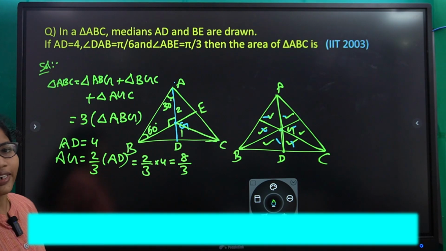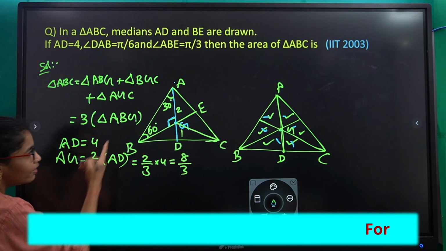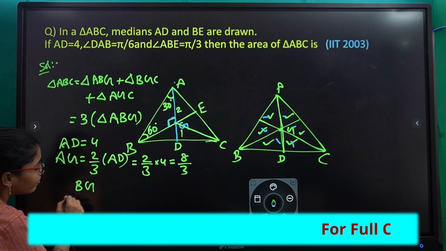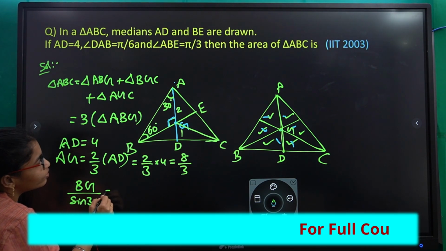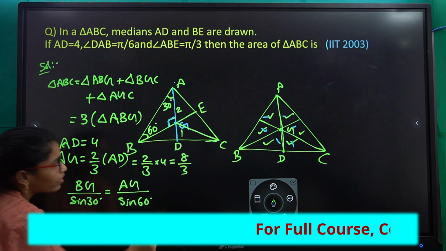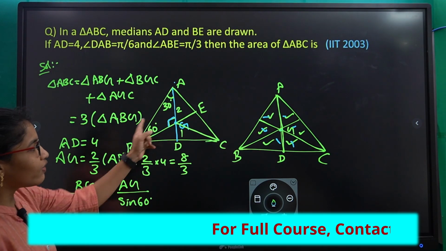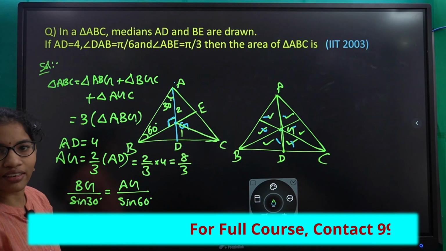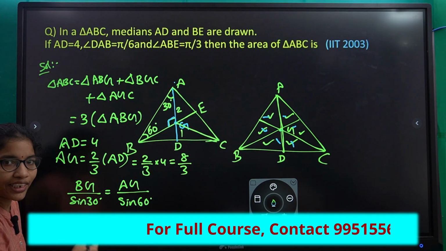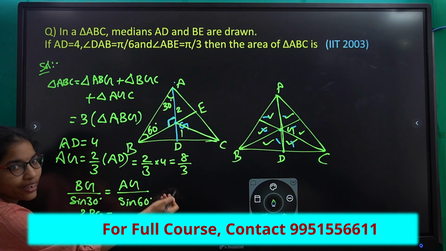So apply this sine rule here. Otherwise here you can apply sine 30 or sine 60, right? So sine 30, this BG by sine 30 equals AG by sine 60, right? So this is the sine rule. So a by sine A equals b by sine B equals AB by sine 90. You can write like that also. Okay, now I want to find the BG. So from this, what is sine 30? 1/2. So 2 times BG equals, what is AG already we are getting here? 8/3.